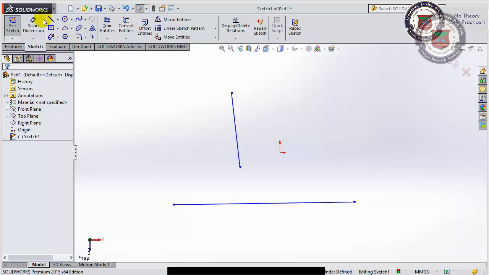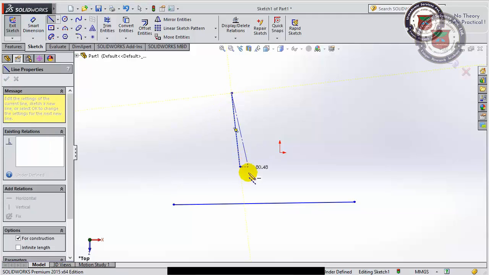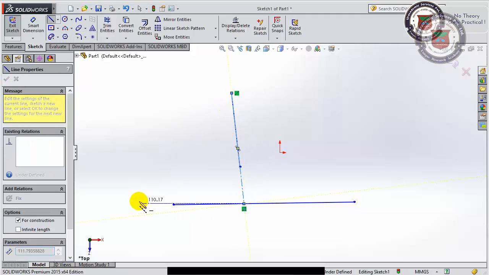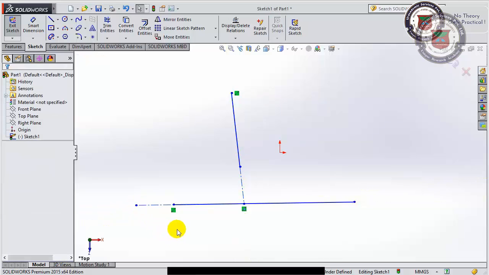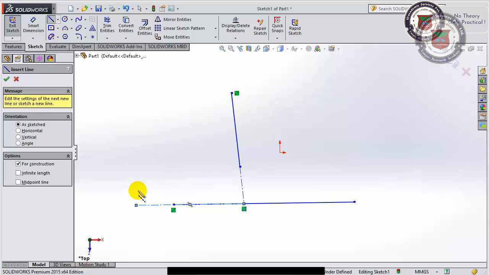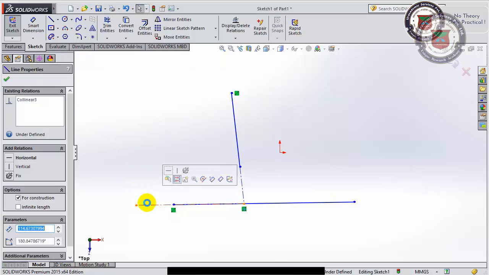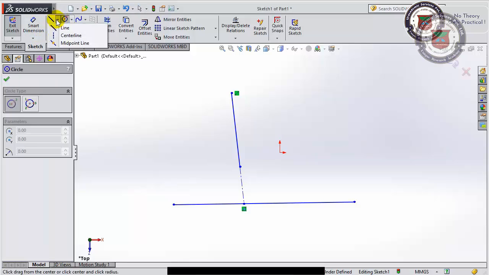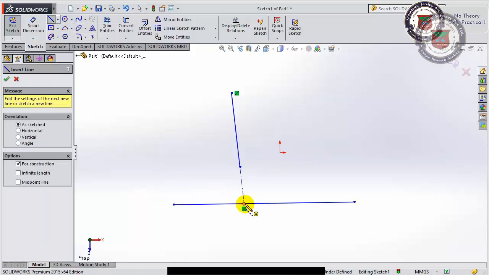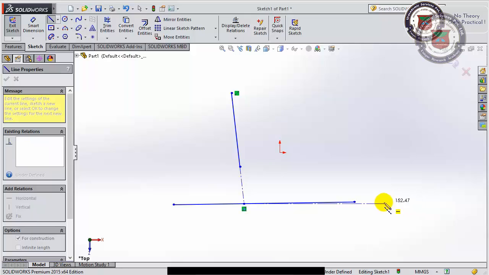I'm showing you this way and then this way. First the corner can be made in this way, and in the second way the corner can be made in this orientation.